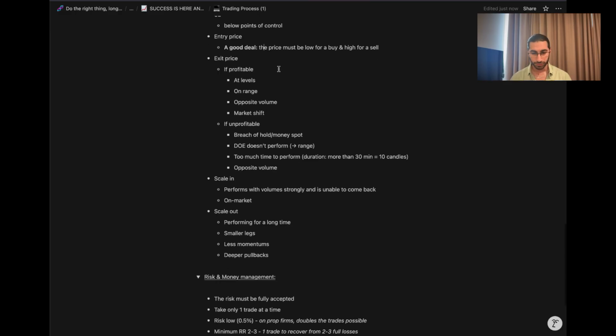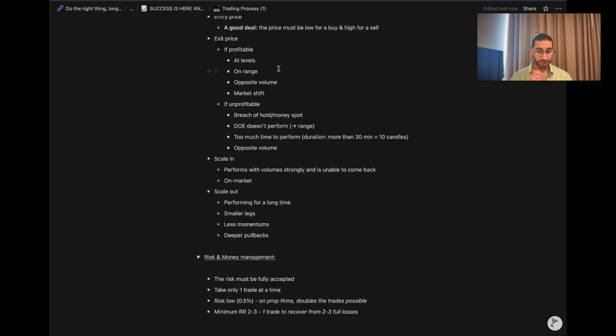Okay? And the exit price, of course, is going to be either at a profit, but I'm going to give you a simple answer for the exit price. When you see the price going against you, you close the trade. That's your exit price. When you see the price going with you, you scale up, you enter more, you don't exit. Okay? Most people will see the price going with them at a profit and they'll close the trade to secure profits. That's bad behavior. You scale up, you enter more trades, you take more trades.